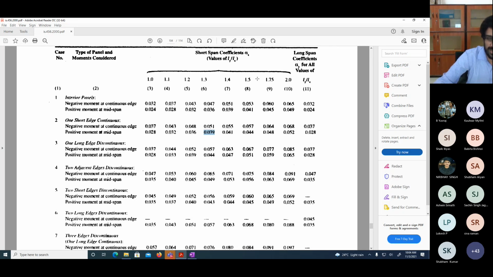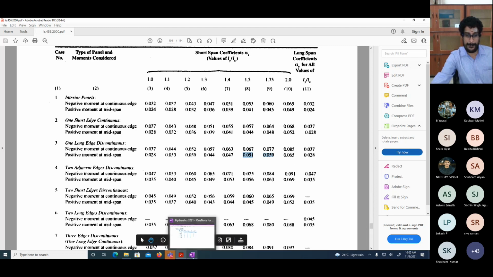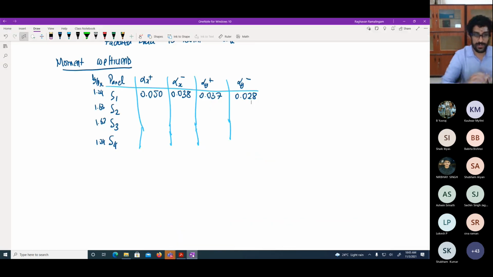Yes, sir. Okay, so when you are able to guess like that, just take the midway between the coefficients. So 0.067 and 0.077. Okay, next the gap is like 0.01, so I'll just add 0.005 to it. So 0.072 I'll take for this. And how much do you take for this? Midway between 0.051 and 0.059, how much? 0.055. So 0.072 and 0.055.